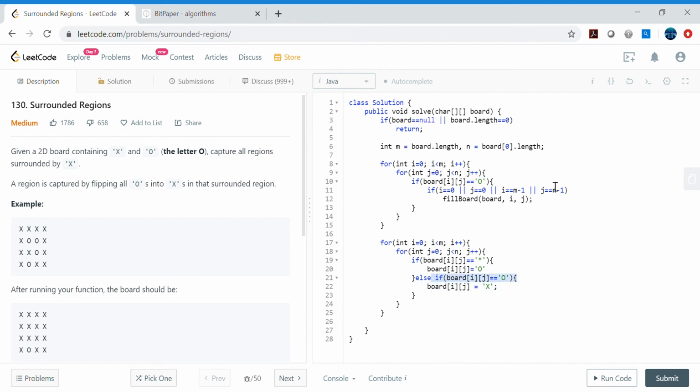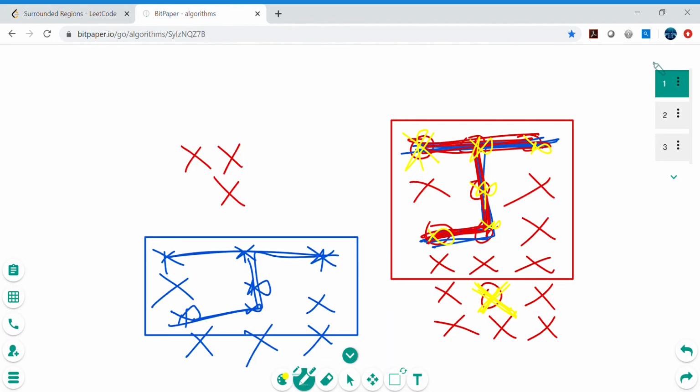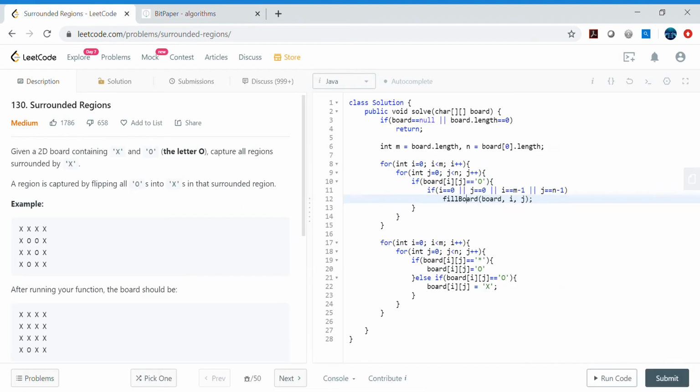Because here we are checking if they are on the boundary, if they are in the first row or the last row or first column or last column, right? Then only we are making that cluster into star, right? So this is the kind of cluster, right? So this first row is connected to all this chain, right? So that's why we are using depth first search here.